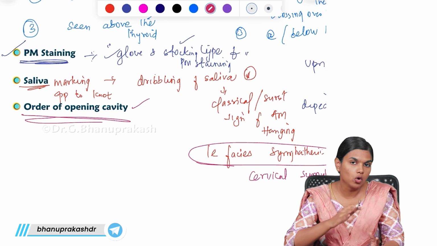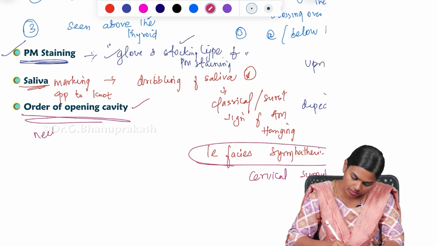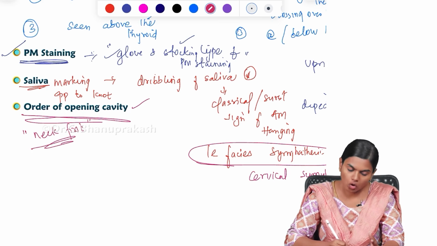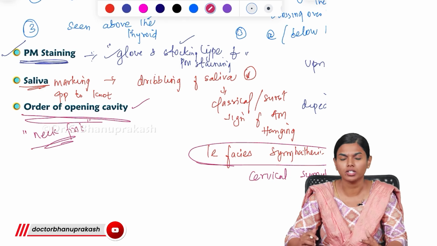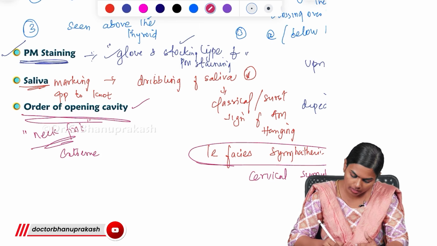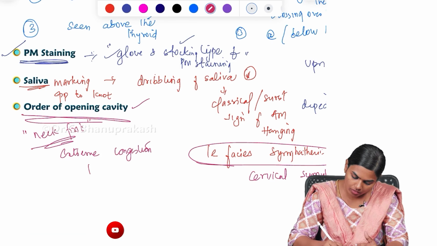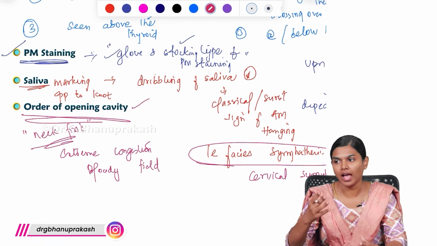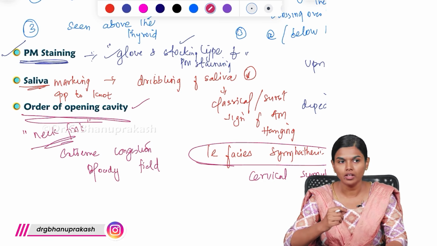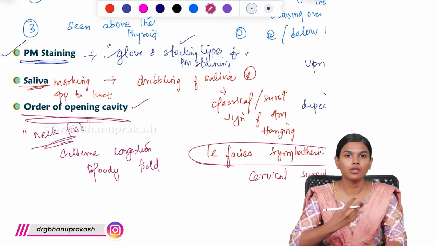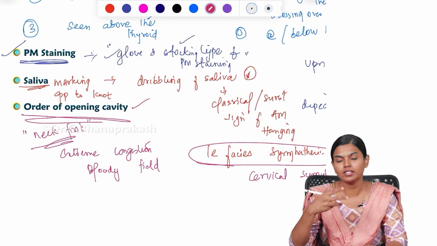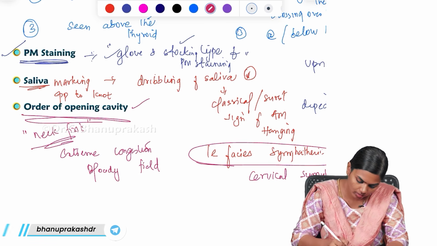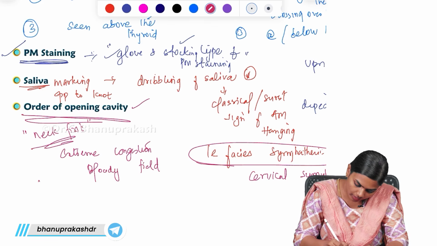But in case of hanging, what will happen is that if you open the neck first, the area of interest is obviously the neck here, but because of this extreme congestion, there will be a very, very bloody field. There will be a lot of blood, and if you accidentally nick a blood vessel, the whole neck will be filled with blood, and you won't be able to explore any further. So, this bloody field that is created by your accidental nick, we call it Prinsloo artifact.